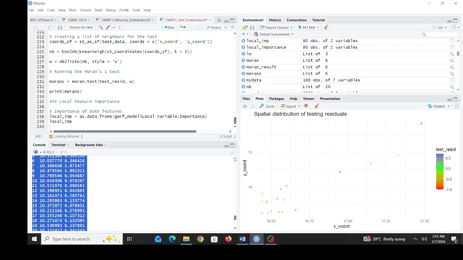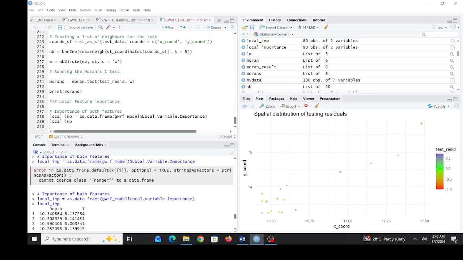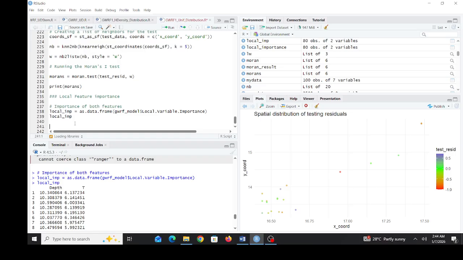The local importance of our two variables at the same time. So if you want to extract individual importances,